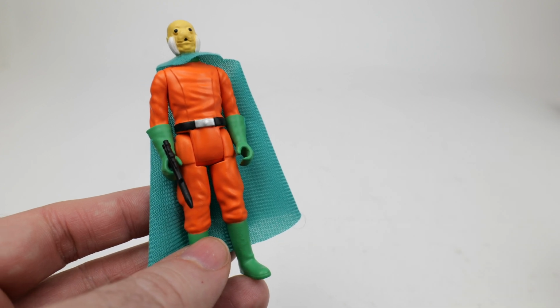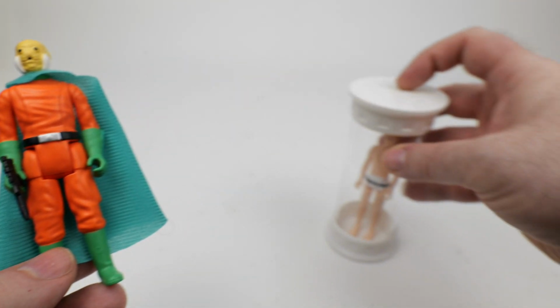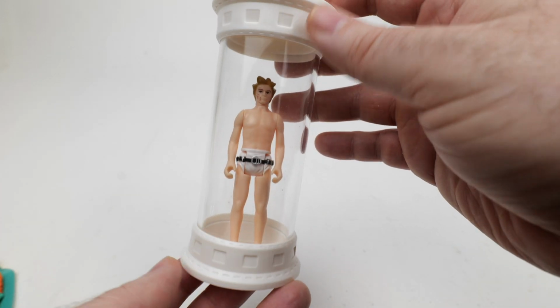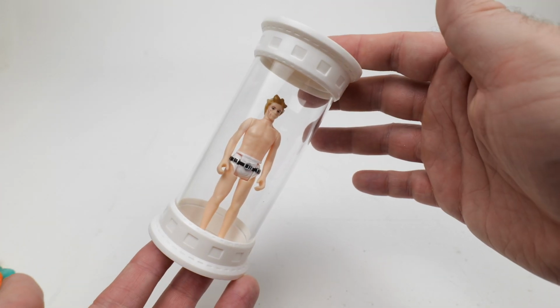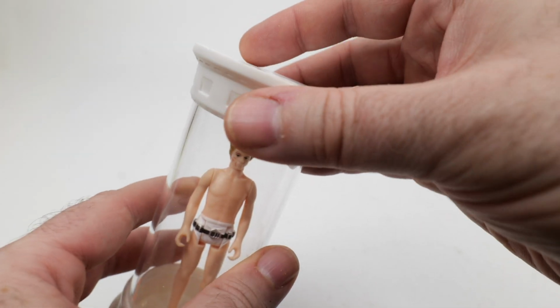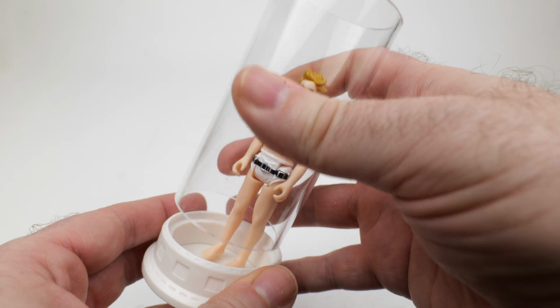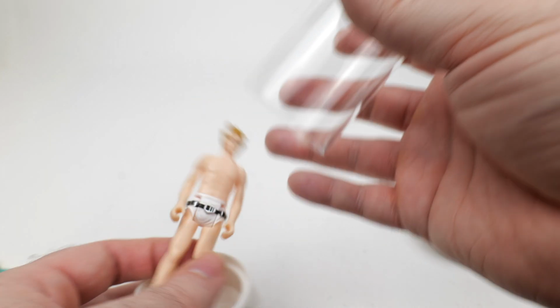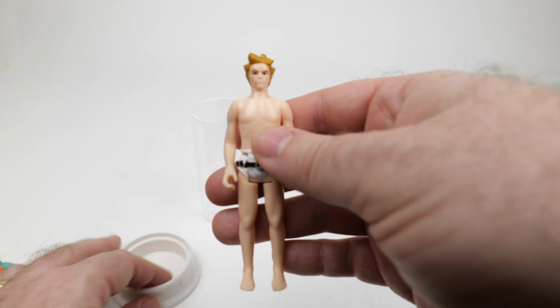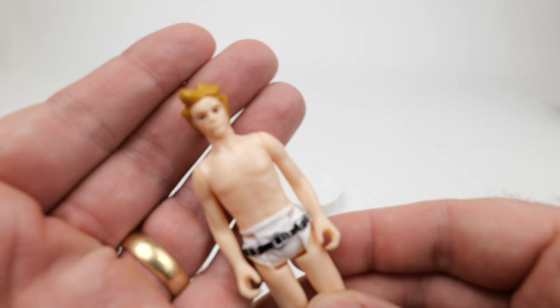Here we are. It is Luke in the Bacta Tank. This is, well, it's a figure, and then it's inside of this Bacta Tank accessory, I guess you'd say. So the top and the bottom come off. They're not really attached in any way, and then you've got this clear acrylic tube. And here we have Luke. Let's see if I can